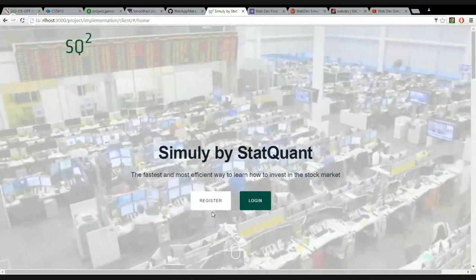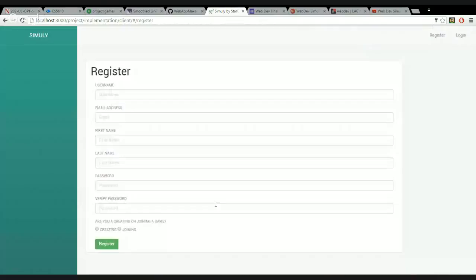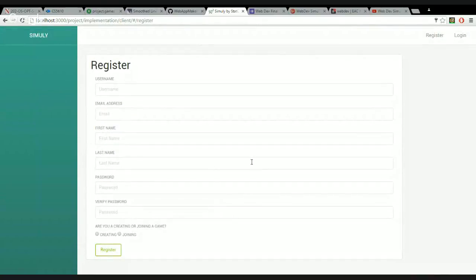So let's get started. You can first register. There are two types of users in my game. You can either be a game creator or a game player. Basically, what game creators do is that after they register, they can create new games and they can manage those games to make sure that players are not being abusive. They can kick players out of the game, or they can invite new players for a different type of game.